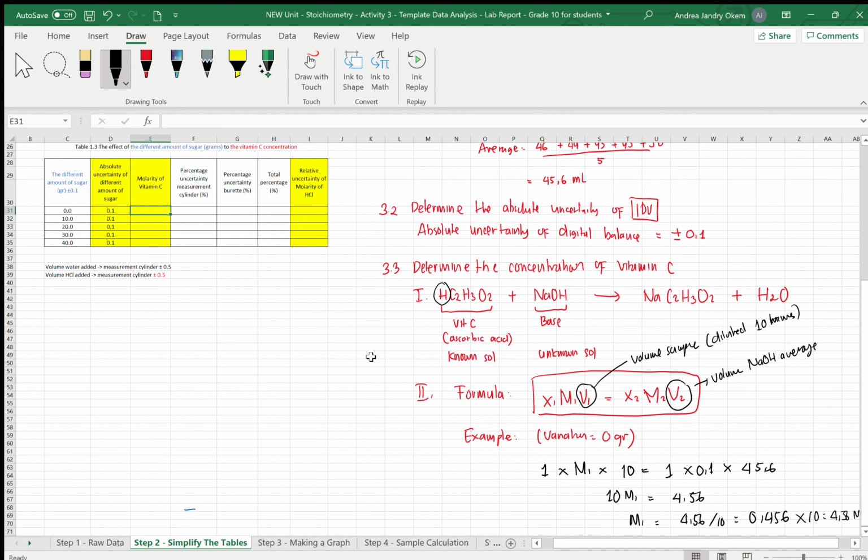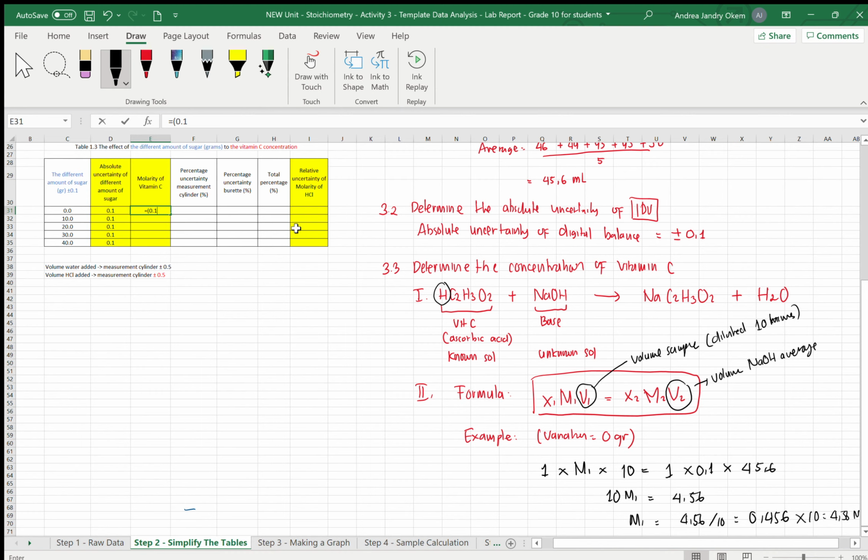Okay, so take a look. If I want to find the molarity, so it means 4.56. The 4.56 can be produced from the molarity of the NaOH multiplied with the volume average for NaOH. So we can put equals in the bracket, what is the molarity? 0.1.